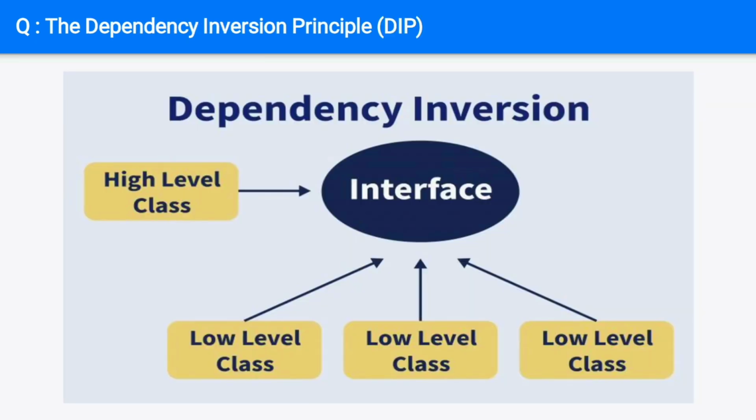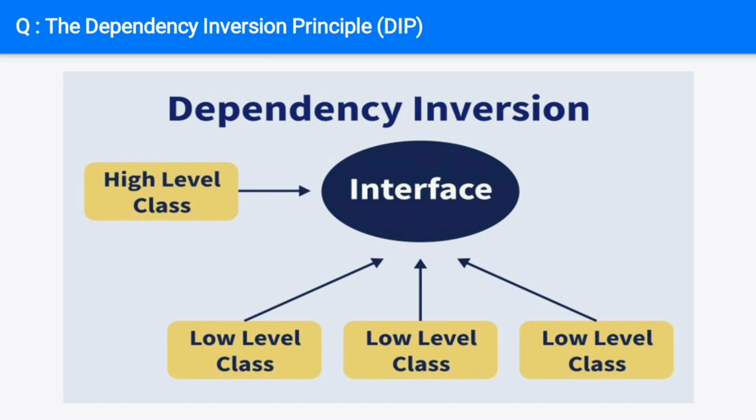One should depend upon abstractions, not concretions. The dependency inversion principle is the fifth principle of SOLID principles, which is described as follows. This principle indicates that loose coupling between high-level and low-level classes should exist, and to get this, loose coupling elements should rely on abstraction. In straightforward terms, it suggests that classes should rely on abstract classes and interfaces and not on concrete types.